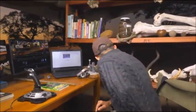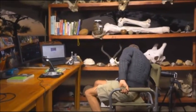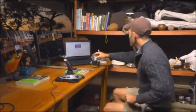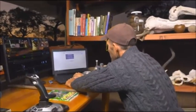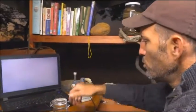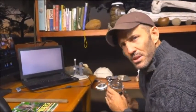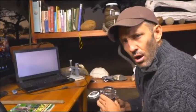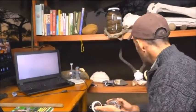Now, Geraldine has just found me a very special spider that seems to be in the very last throes of its existence. And what I want to try and do is have a look at it under the microscope here. Let me just load that up. I'm going to remove it by hand. It is still slightly alive, so if I drop dead, everybody, know that I died happily trying to show you the joys of an arachnid. I'm obviously totally exaggerating here,